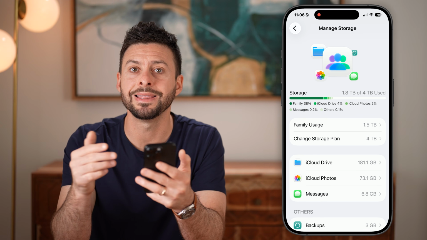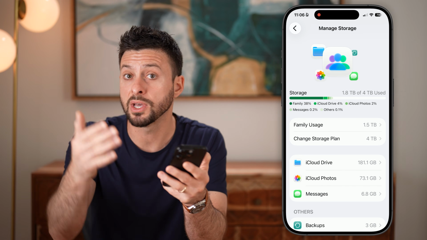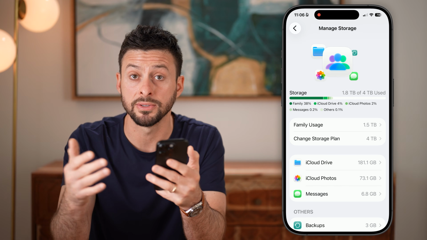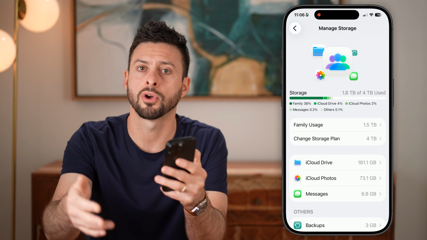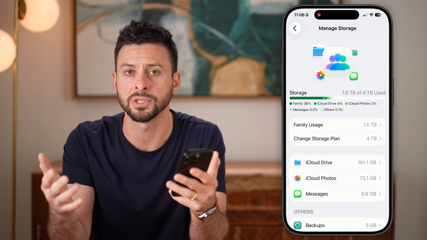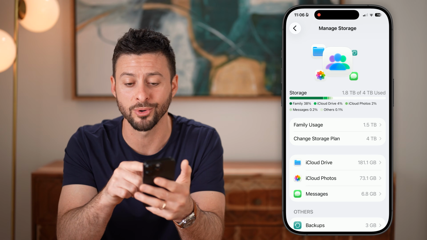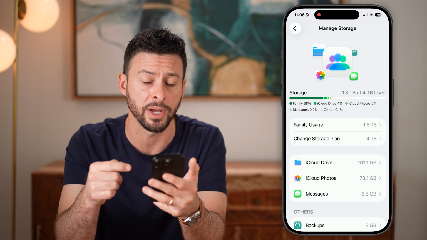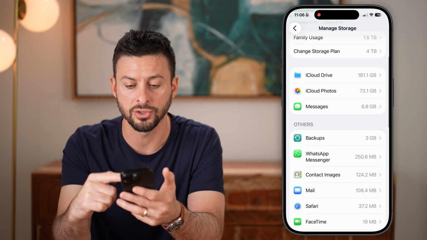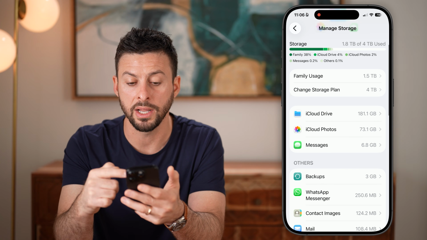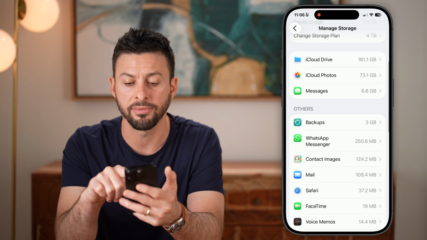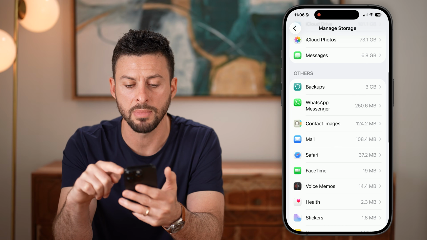This is basically the amount of iCloud storage that you have on their servers. Keep in mind, you get about 5 gigabytes for free. After that, you have to start paying for it. I share this storage with all my family, and of course I make these videos, so I use up a lot of storage. You can see I have up to 4 terabytes that are optional. And you can see that on here, I can scroll through. I can see what is basically taking up my storage, iCloud Drive in my case, iCloud Photos, 73 gigs, messages,